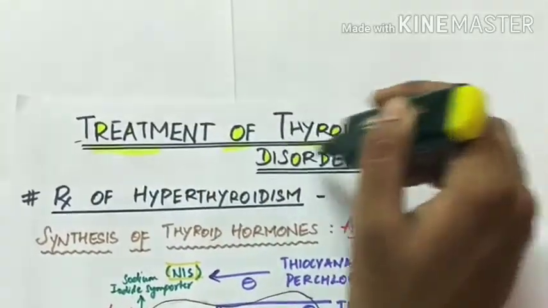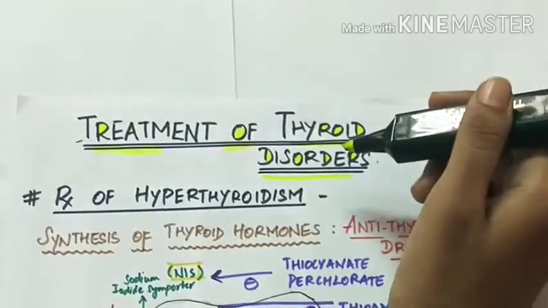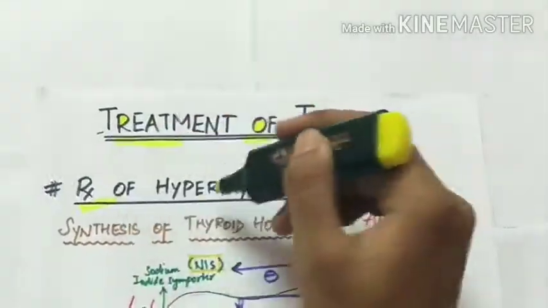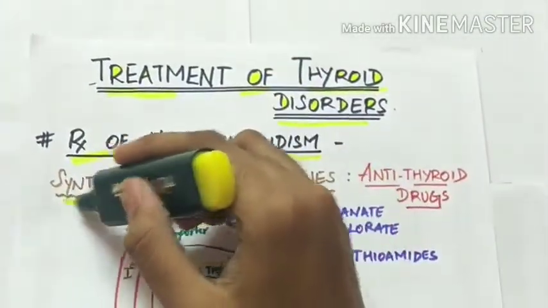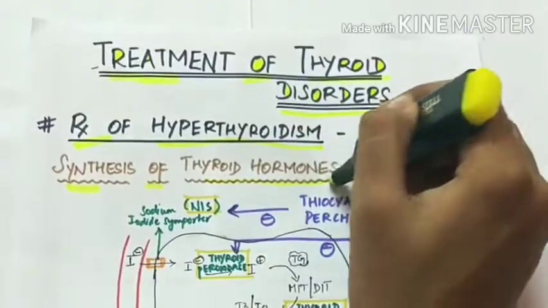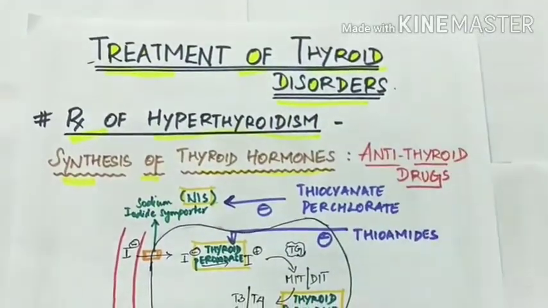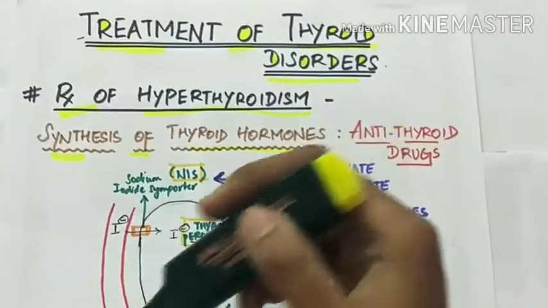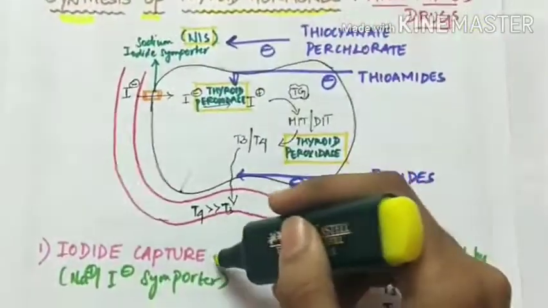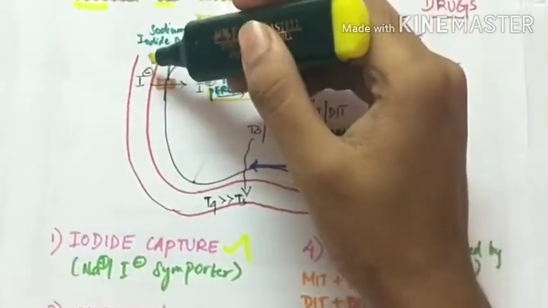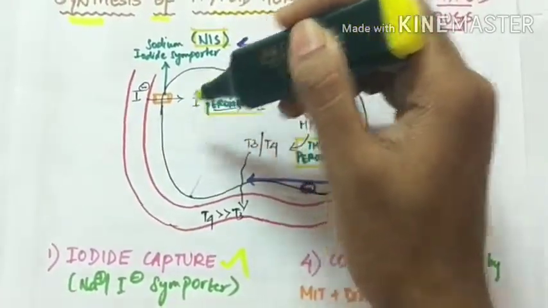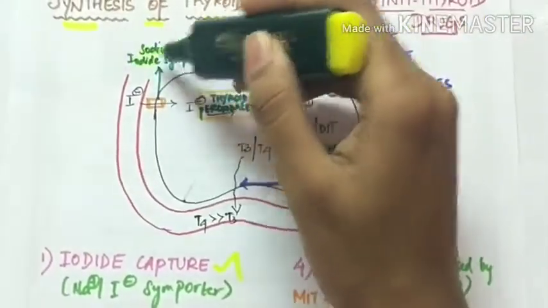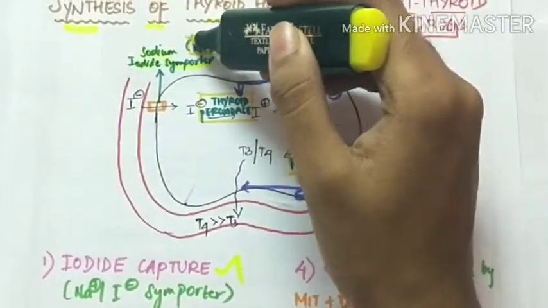Treatment of thyroid disorders. First, let's see the treatment of hyperthyroidism. Before that, let's see the synthesis of thyroid hormones in the thyroid gland. First step is iodide capture. That is, the iodide from the blood enters into the thyroid gland with the help of sodium iodide symporter, known